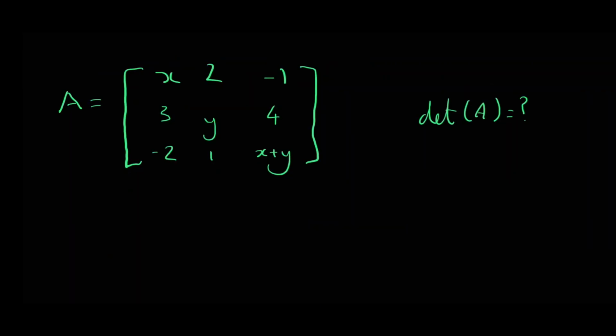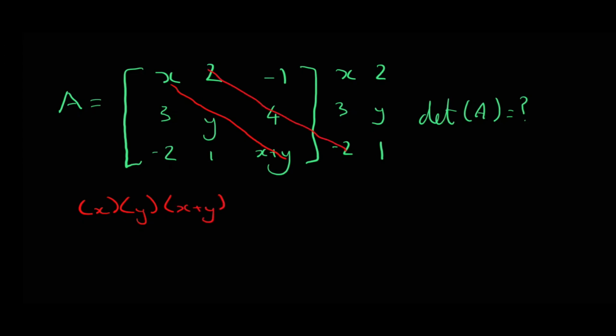Alright, let's do one final example. So see if you can find the determinant of this 3x3 matrix. Well, first we can write the first two columns to the right of the matrix. And then the determinant's going to be x times y times x plus y plus 2